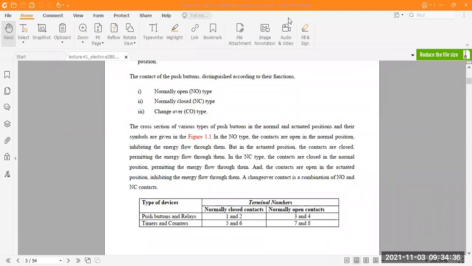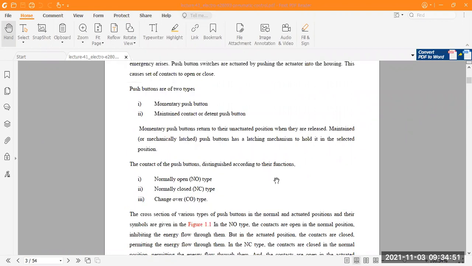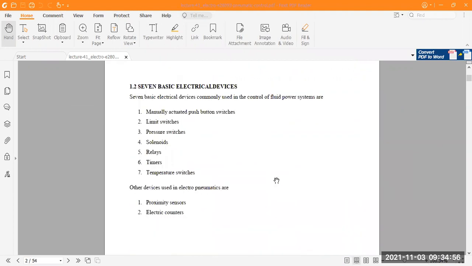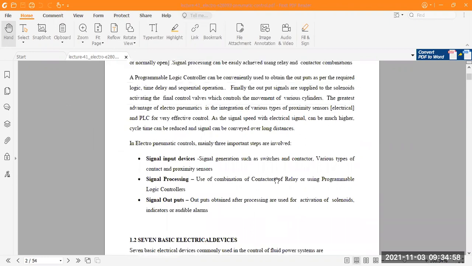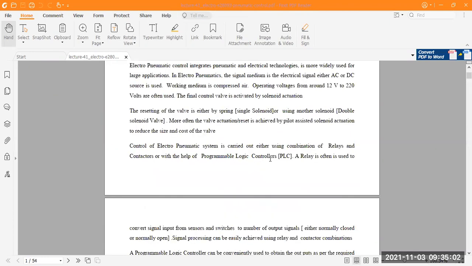Pneumatic controllers are used in automatic control systems, for flow measurement, pressure measurement, level measurement, temperature measurement, and other parameters of industrial processes. We discussed in the last classes that these are the broad areas of the pneumatic controller.